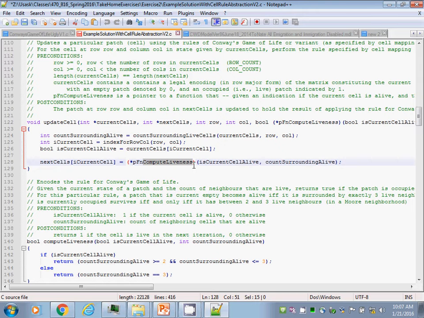This is how we determine: does this cell, based on its current situation, namely whether it's currently occupied and the number of things around it that are occupied, is it live or dead in the next round? So it returns a Boolean. Is it live? Probably could be named better. But it's a pointer to a function. There's some function that it points to, and maybe it's